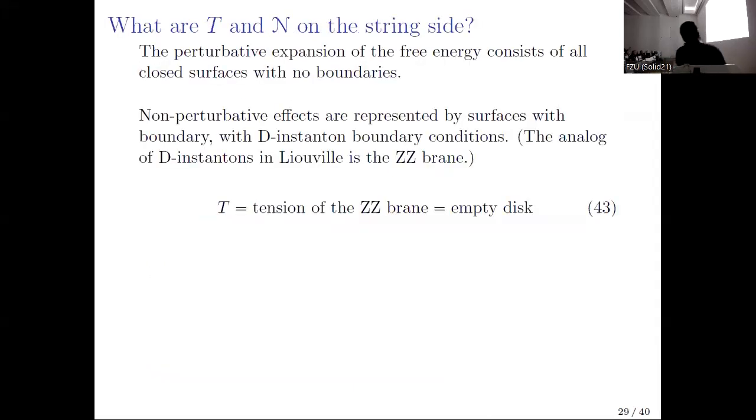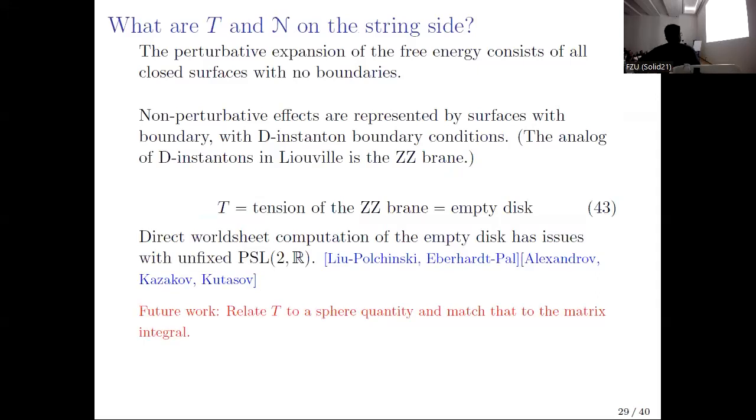Okay, so we have these perturbative expansions. I'm just repeating this. And then there are non-perturbative effects represented by opening, non-perturbatively, a hole on the surfaces. And you have the disk topology and so on. So T is the tension of the ZZ brane. Roughly speaking, it should be the empty disk. And a direct computation of the empty disk and comparing it to some quantity on the sphere has issues with